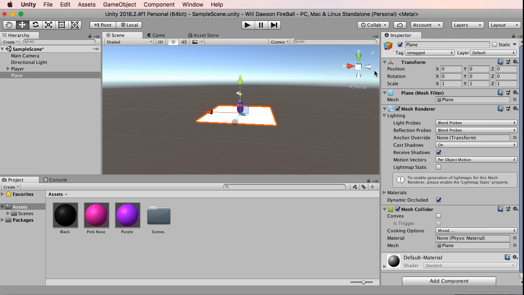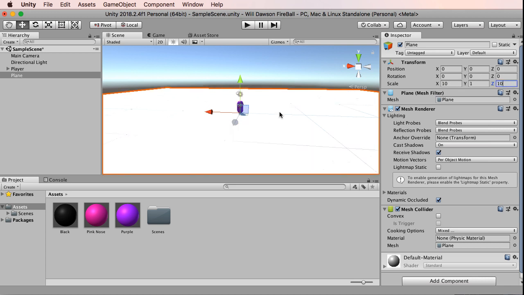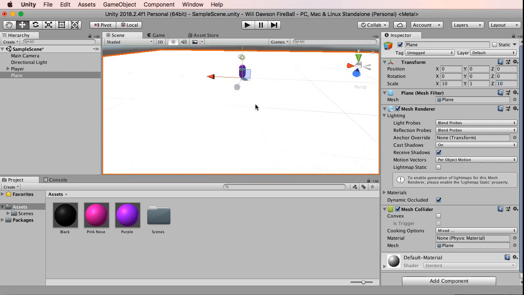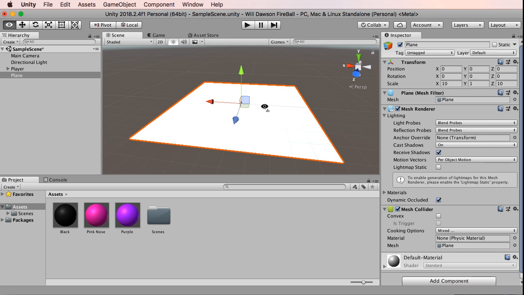So I'm going to come over to, I've selected the plane in the hierarchy list. Now I'm going to come over to the transform for the plane, and I'm going to change the scale, the X scale. Let's, I don't know, let's make that like 10 times as big. And we're going to skip the Y for a second, and we're going to make the Z 10 times as big. And so that is, yeah, you can see our character down there,